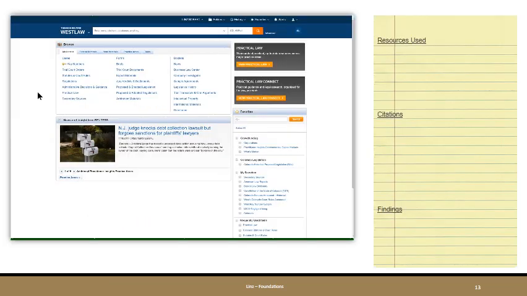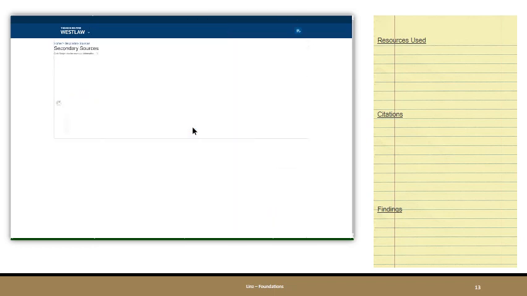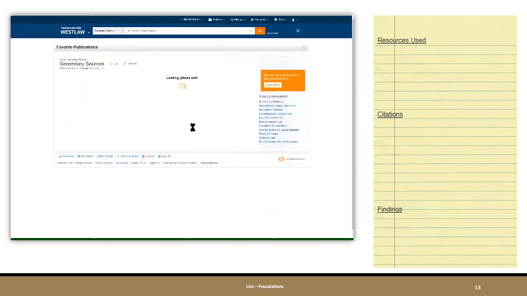Okay, now that we have our problem and we have our search terms, let's go on to Westlaw and Lexis Advance and see where we would find the legal encyclopedias and the ALR annotations. Let's start in Westlaw. There are a number of different ways that we could get to CJS and AmJur. What I want to look at is using one of these content areas to look for secondary sources. We have a content area for secondary sources. This will return a rather long list of secondary sources that Westlaw provides.